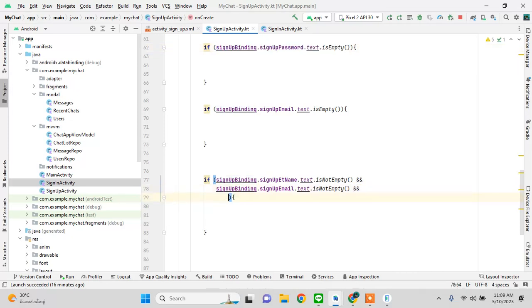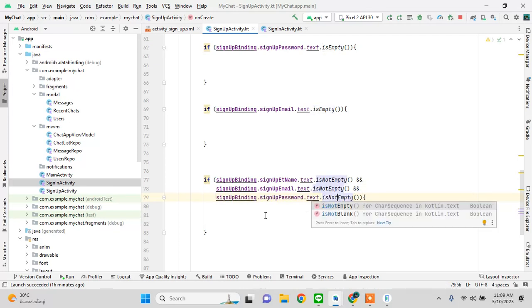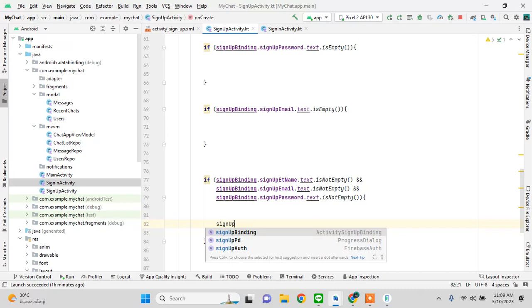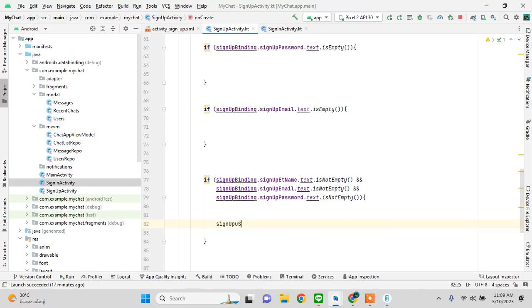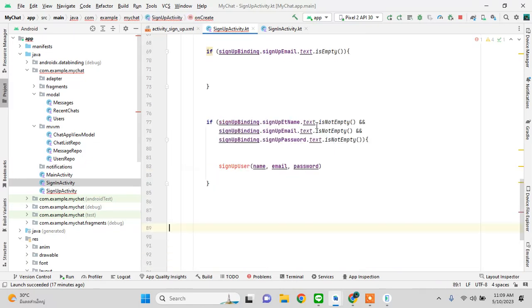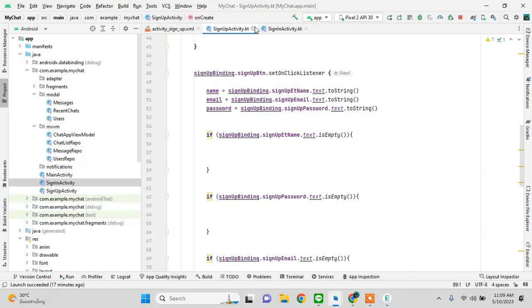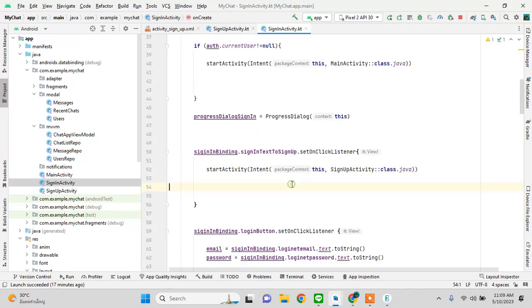and password, if all of these conditions are true, then sign up user with what? With name, email, password. Okay, this is great. So here what we will do, we will just add simple toast messages that